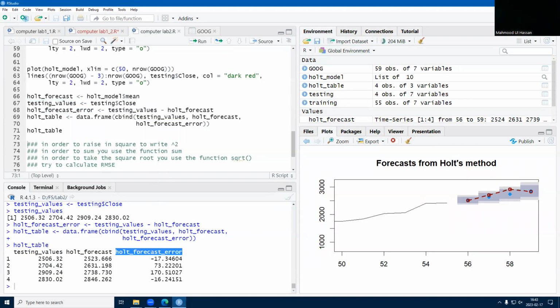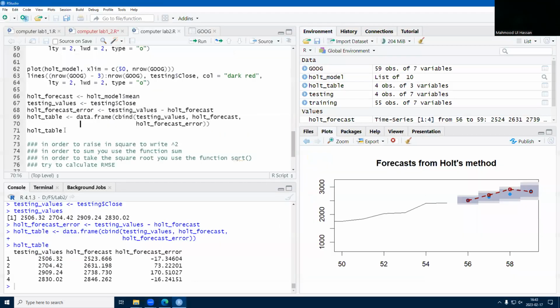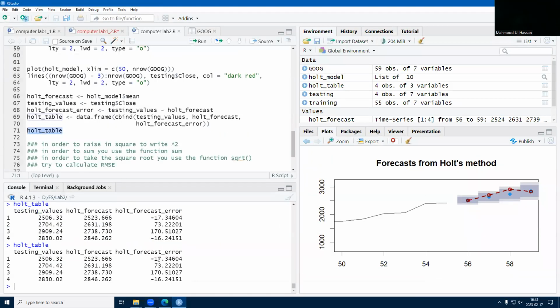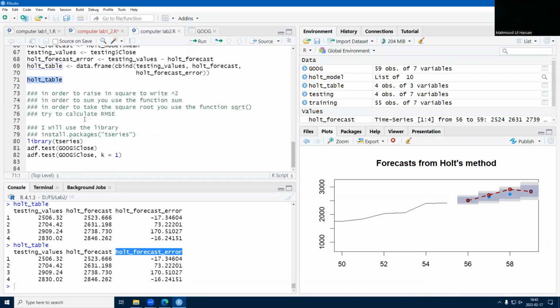Okay, maybe I will just implement this one. But the other formulas you will do by yourself. Now I have this file, and this file contains these error terms. So if I want to get first,